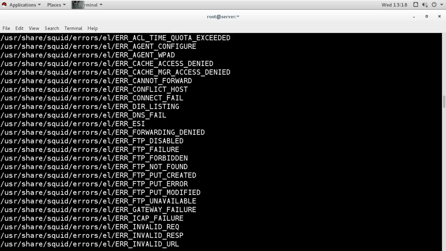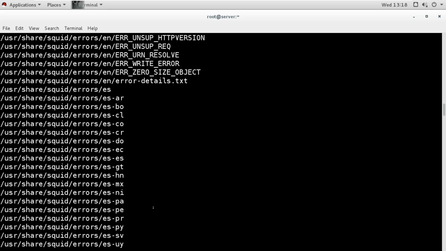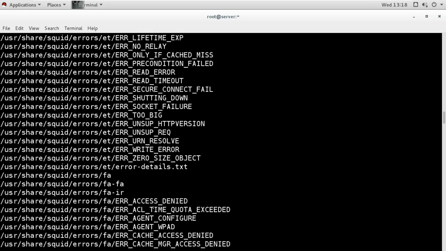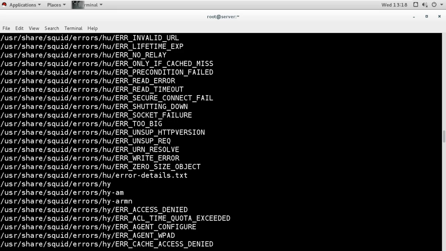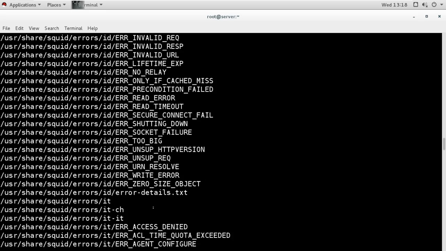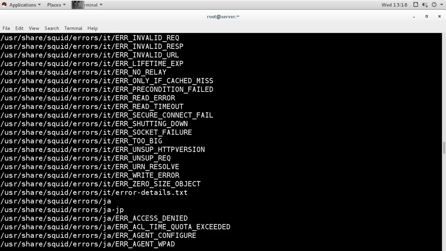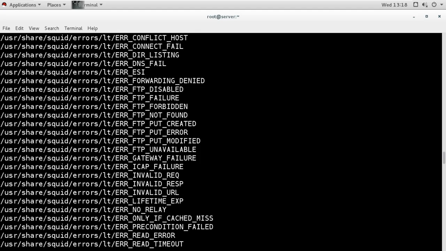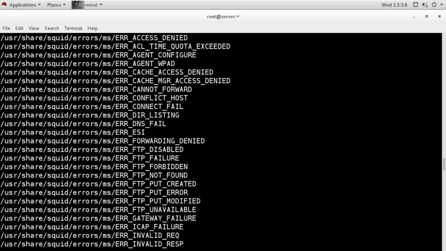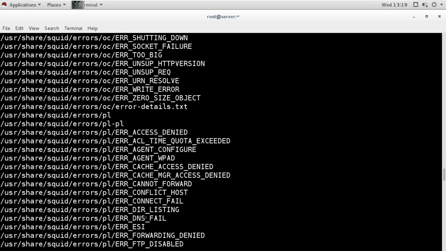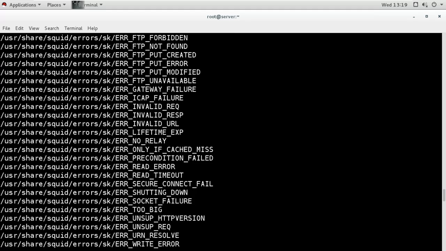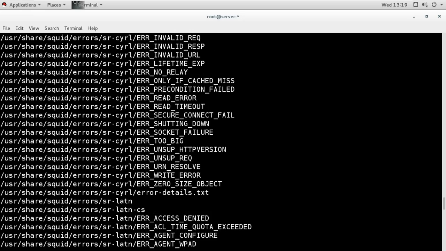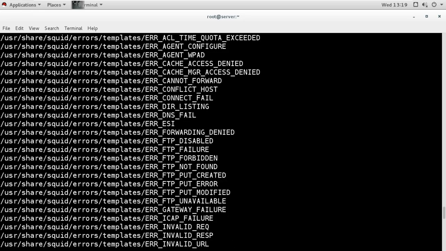And you have lots of languages: this is English, Spanish, French, Finnish, Hungarian, Italian, Japanese, Korean, Latin. Whatever language your system is configured with, it will show the error in that language.